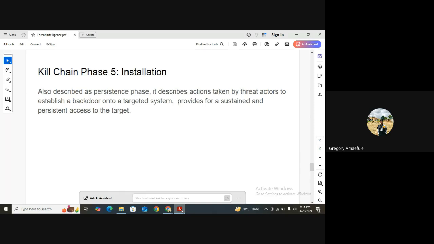So for those that want to steal, they want to be able to send whatever information they've stolen back to themselves or back to some other server. So in this process of the kill chain, the attacker tries to create a sustained and persistent presence on that system. So what sustained and persistent presence and access to the system means is that, during attacks,